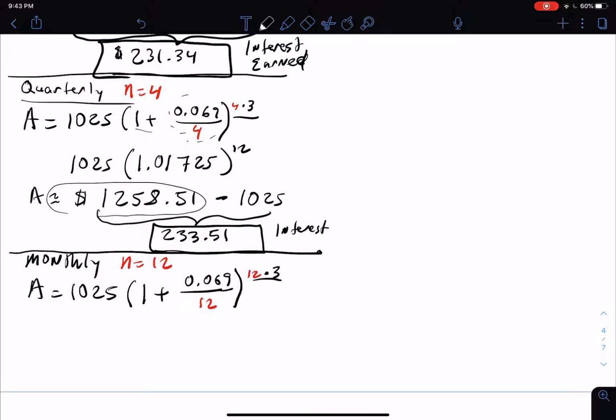When I divide by 12 and add 1, I get 1.00575, which gets raised to 12 times 3 is 36. And we raise the 36th power, multiply it by 1,025, and we end up getting this accumulation is about